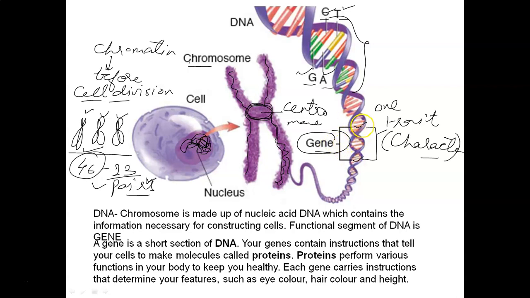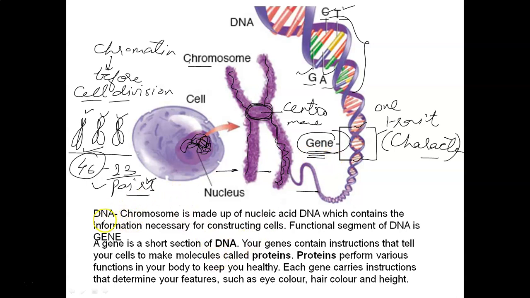The genes are actually a group of nucleotides, which I've already told you is the structural unit which is repeating. So the genes are present on DNA, DNA is present on chromosomes, and chromosomes are present in the nucleus. So this is the relation. Here, first the cell, then the nucleus has chromatin, then chromatin has chromosomes, then chromosomes have DNA, and then DNA has genes. So actually the functional and structural unit of DNA is known as the gene.